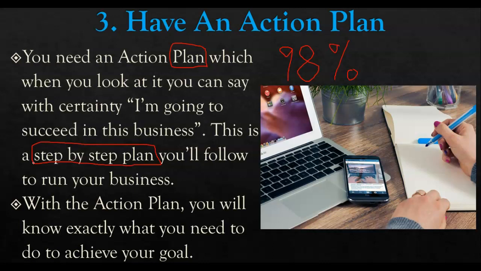But another way to put it is like a franchise. Let's call it like 7-Eleven. If you buy the 7-Eleven franchise, the possibility of succeeding is about 90%, 98%. Or you buy like McDonald's or like Jollibee. This is a plan. It's like a franchise. So if you want your business to work out, you need an action plan.